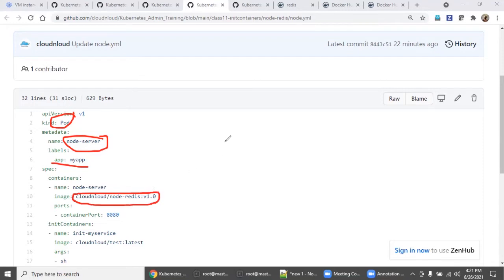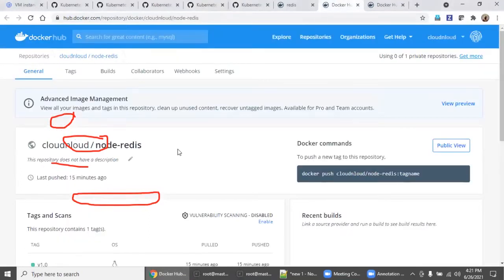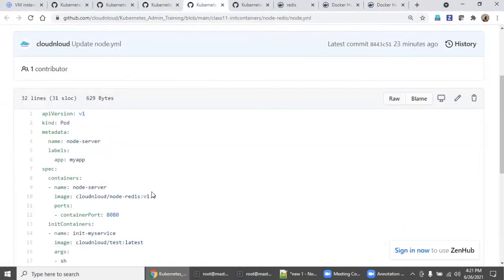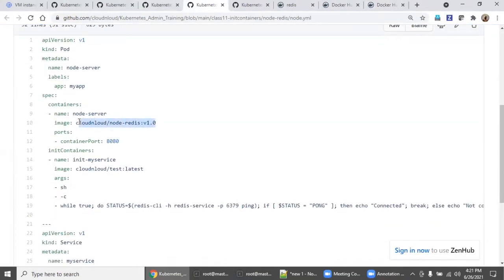Let me go to hub.docker.com. node-redis is the image we have created as a custom image, and we have also created a cloud and load test image, right? This image is going to download, and there is a sub option, init containers. What is going to happen is it is going to run as a sub portion.